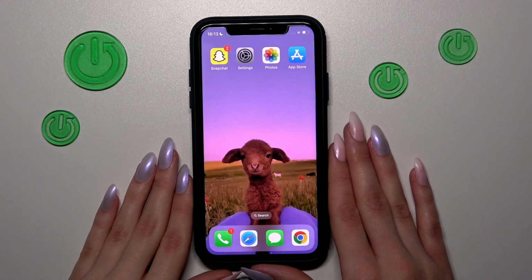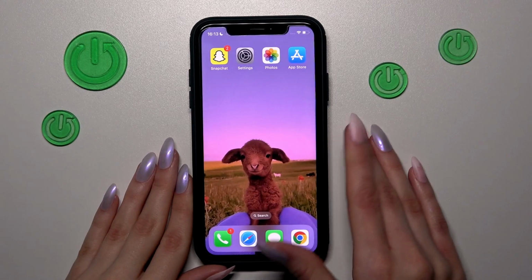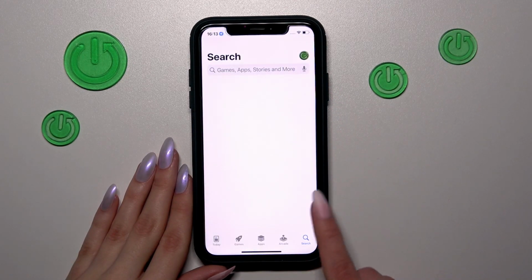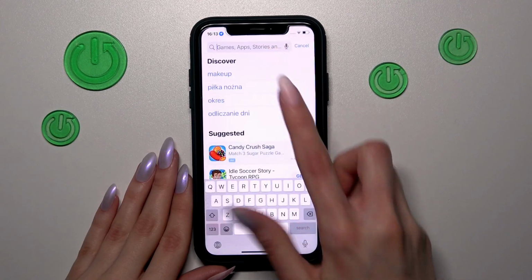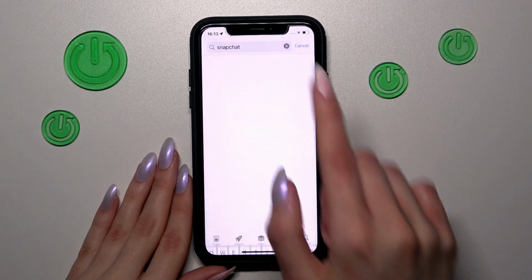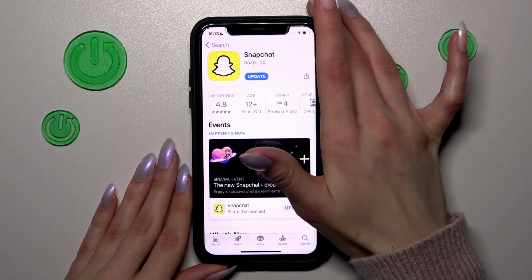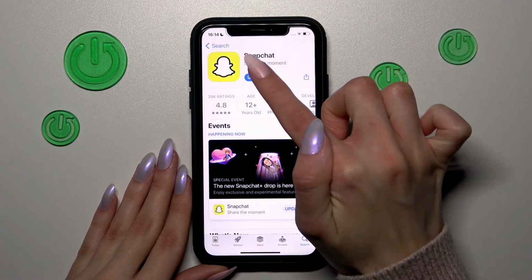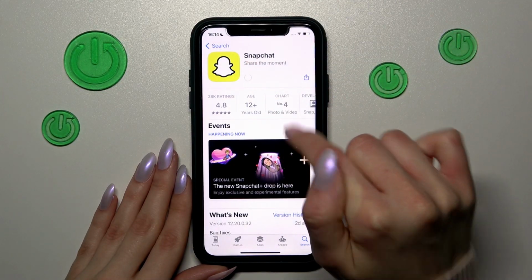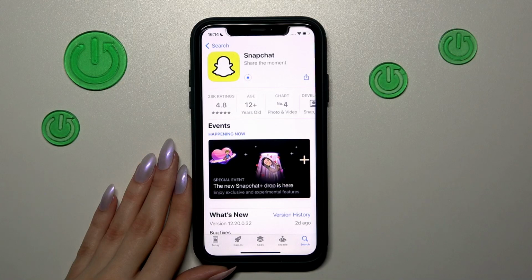If you want to update your Snapchat app, you just need to go to the Google Play Store or to the App Store and find your Snapchat app on the list. So I will tap on this search bar and type the Snapchat name here. Let's go to Snapchat, and on Android and also on iPhone we need to tap on the update button beside the name of the app and wait some minutes, because your application needs to set all of the new